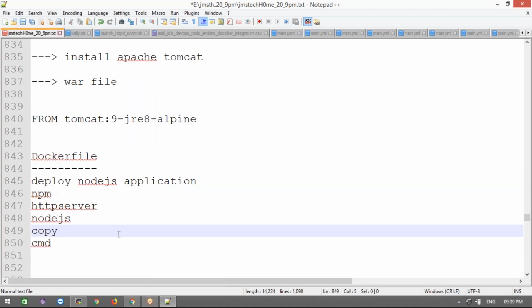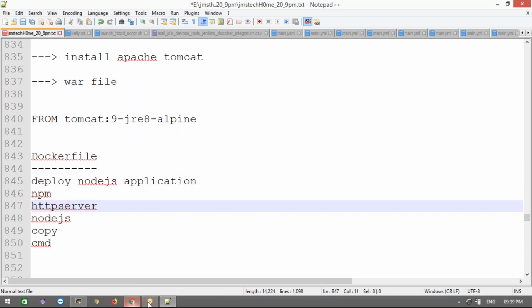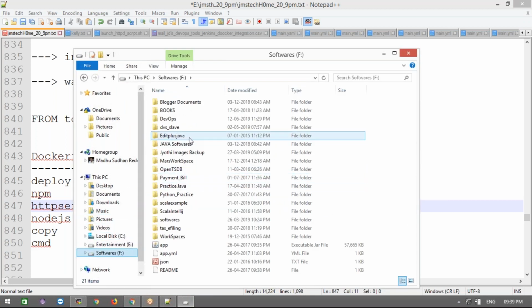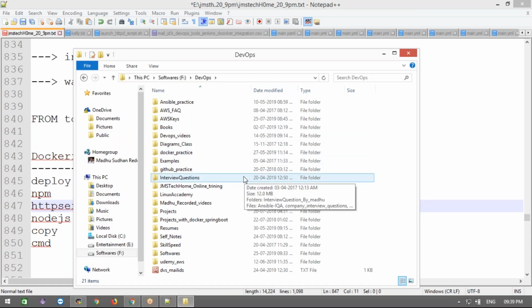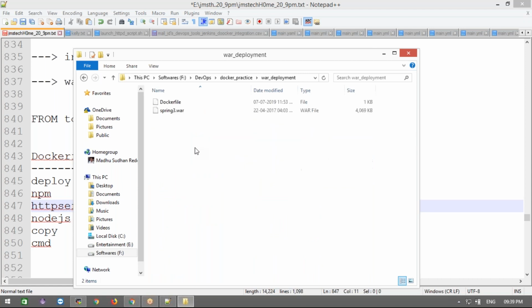Now, how are we going to write the Docker file? What is the code I'm going to use today? I'm going to show you. This code I already have in GitHub, and I'm going to provide that GitHub URL. You guys can take it from there. All this code is available in my GitHub repository. You can download it from there, or else you can fork that project.